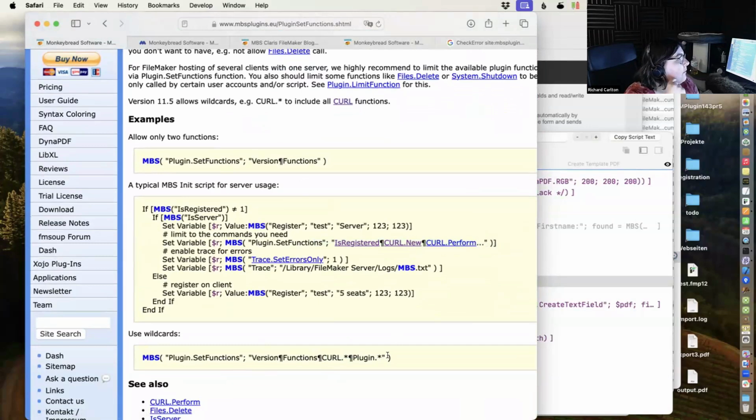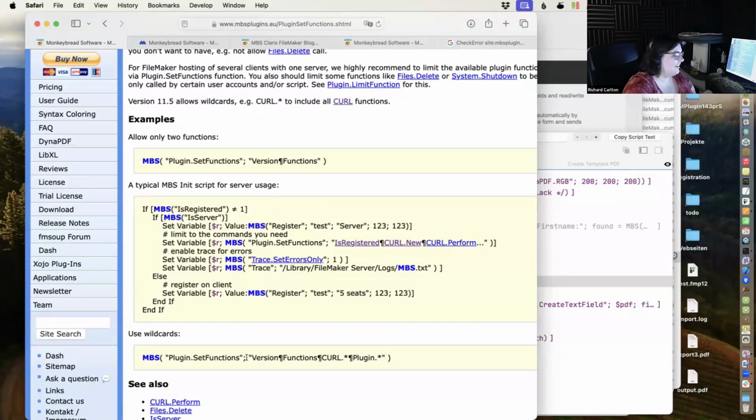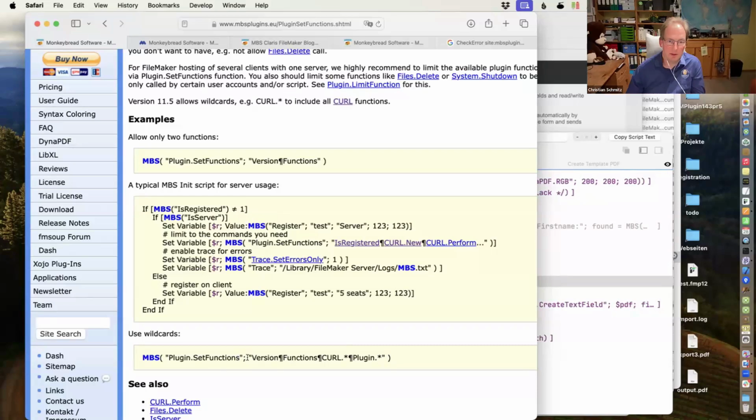Okay, so what happens if they somehow manage to run a script that has a function they can't use in it? Then you get an error. Got it. Function not available. So the plugin internally has a dispatcher, which takes the function name you pass and then looks up in a table which C function to call. If you use set functions, this table for the dispatcher gets reduced to only the names you allow.